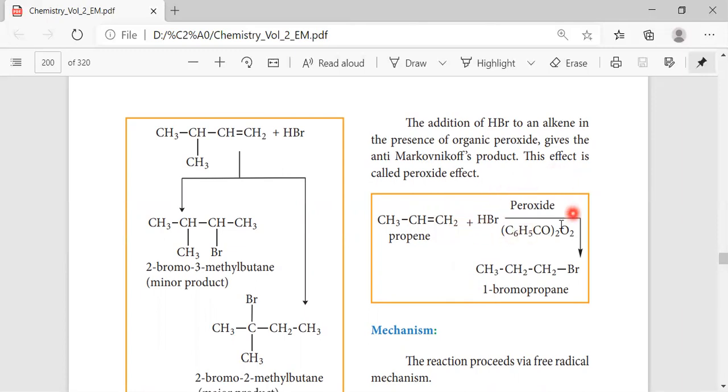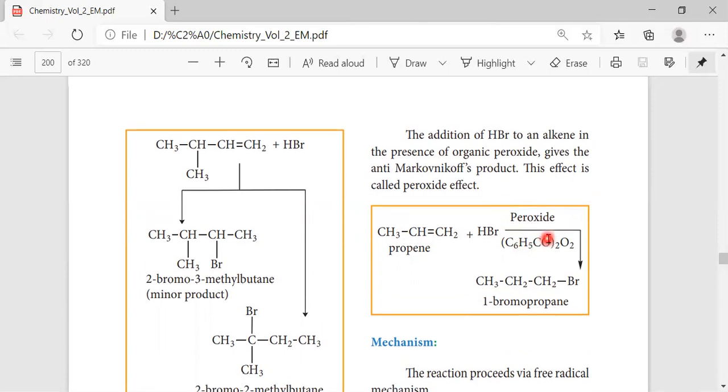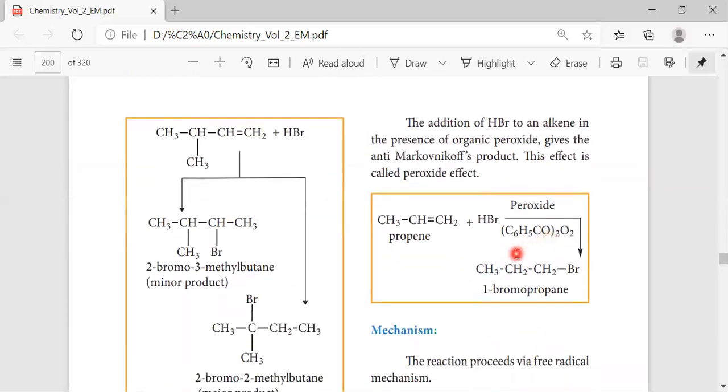See now actually this reaction takes place in the presence of this peroxide, but this reaction shows the anti-Markovnikov's rule. So usually we looked at all of these using Markovnikov's rule. But here, you see, it is anti-Markovnikov's rule, the opposite. So now where should Br minus add? Normally it would add here, at the place with the least number of hydrogen, at this CH. But here it will not be like that.